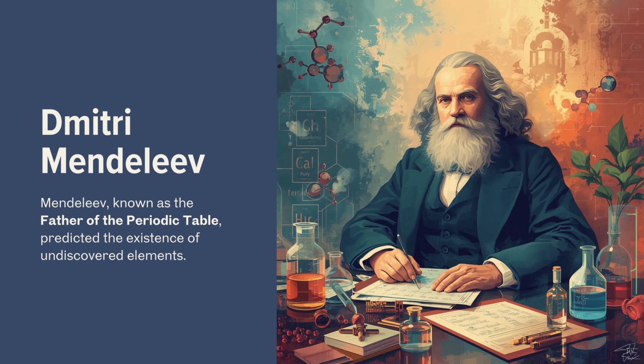This sets the stage, then, for the late 1860s, which sounds like the real turning point. And the big names here are Mendeleev and Meyer. Dmitry Mendeleev in Russia and Lothar Meyer in Germany. And yeah, the late 1860s is absolutely when the periodic table, as we start to recognize it, really takes shape. And their work was happening at the same time, wasn't it? Almost independently. It was remarkably parallel.